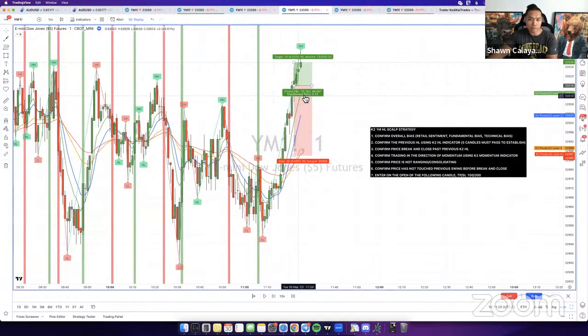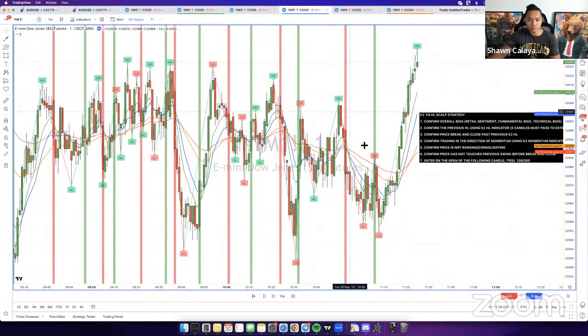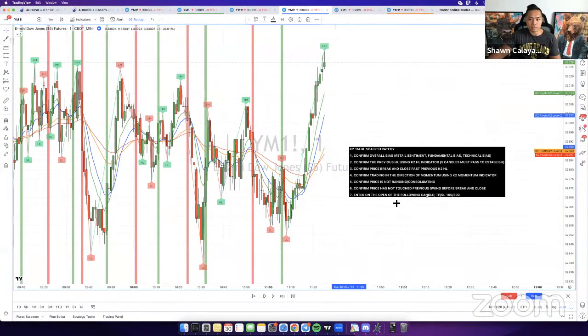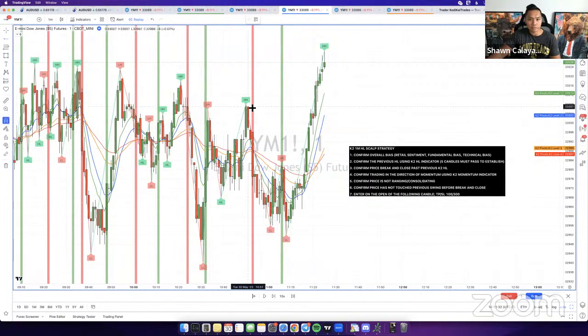But it's just a very simple strategy. You just got to follow the criteria. The one thing that a lot of people skip is when it's tested. So like step number 6, I feel like a lot of people skip this step. It's a very simple step. You just want to make sure that this high low has not been tested, right?